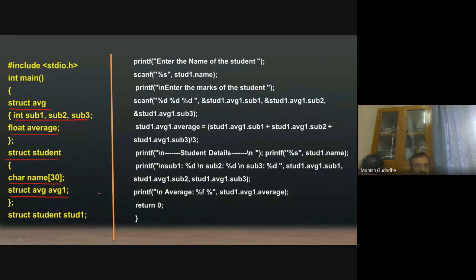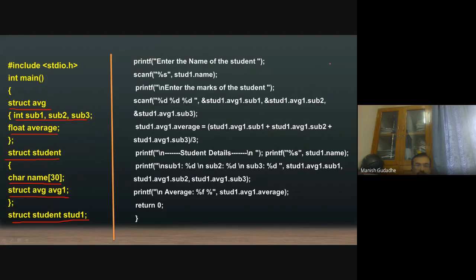And this will probably be better practice than the previous one, because declaring a structure inside a structure may increase some confusion. So this is always good: declare the inner structure completely, define it, and then use it within another structure. It also increases the scope of that structure.